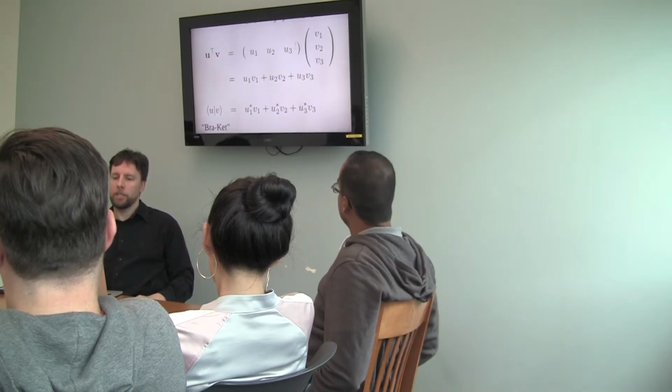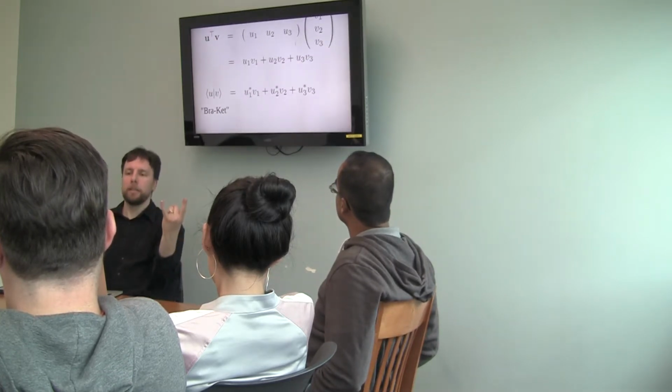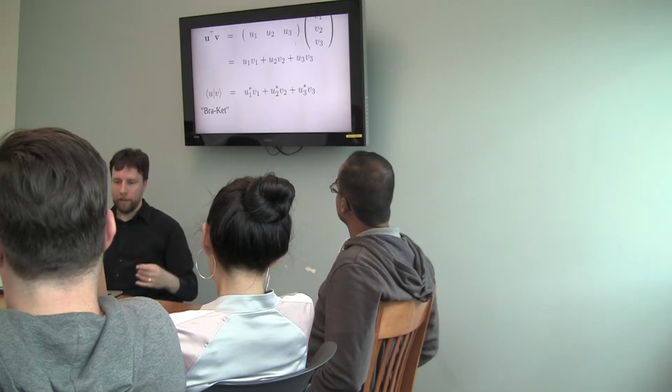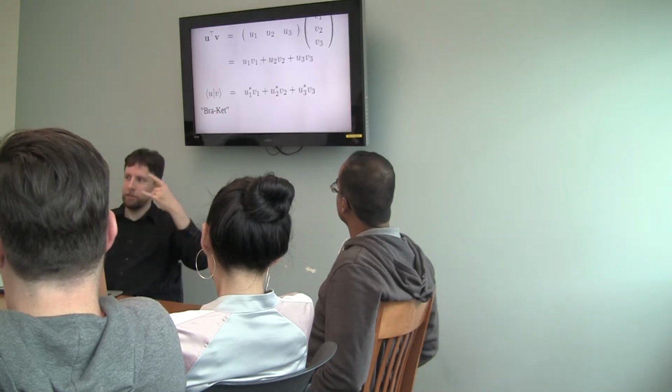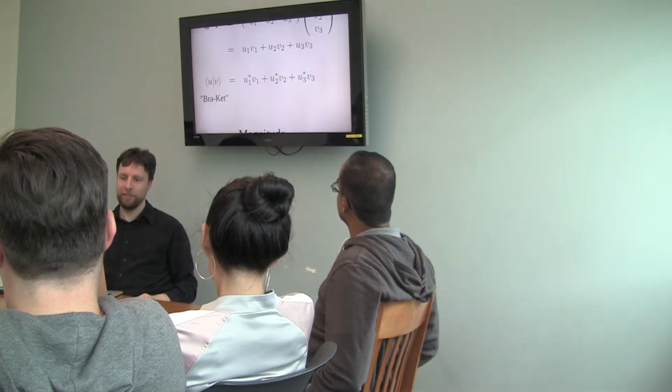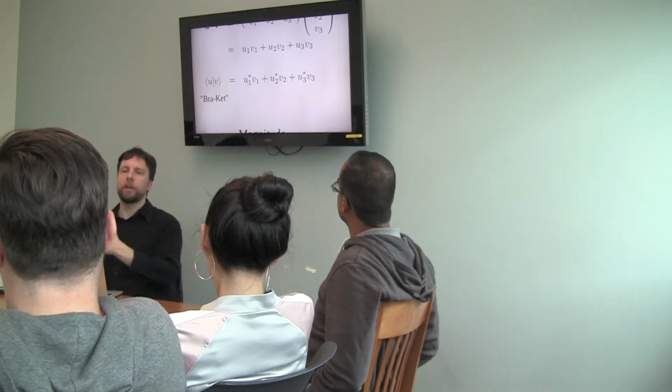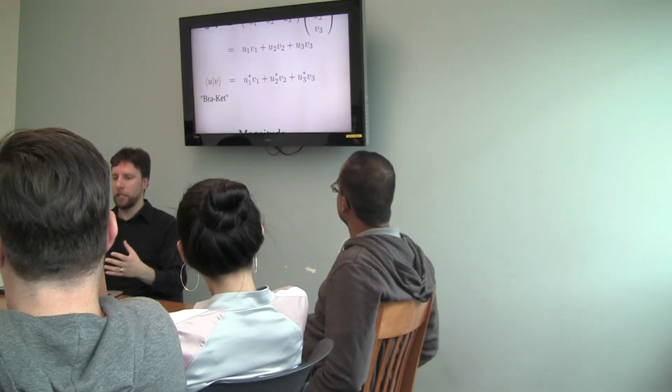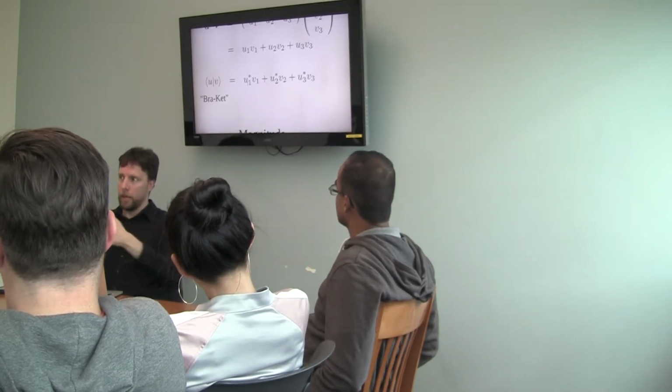In the Ket notation, what you do is you flip around this asymmetric bracket, and so you take the Ket and turn it into a bra, and Dirac thought he was being very clever, so he just turned these into a bracket combination. And again, you've got the multiplication of the coefficients for each direction, and then you sum all